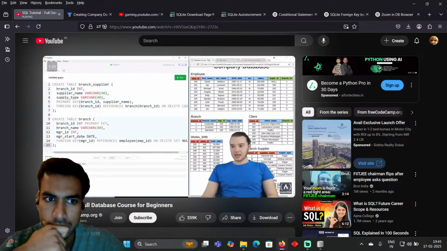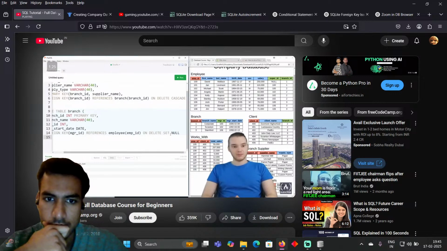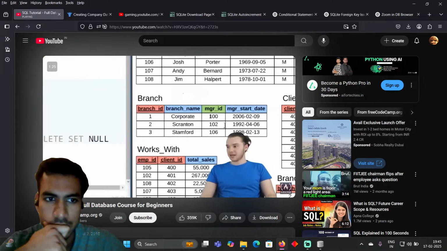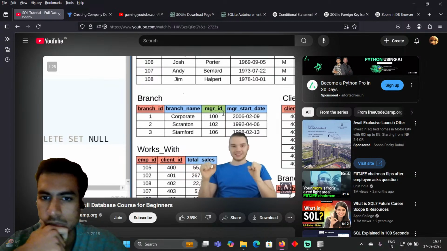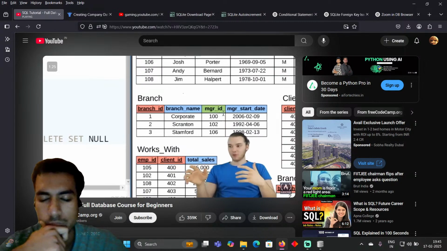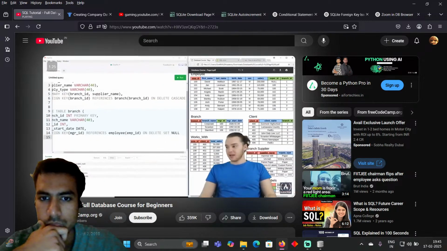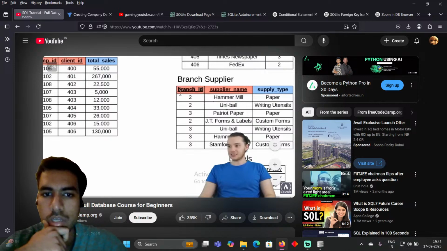So in the branch table, we used onDelete set null, and it was okay for us to use onDelete set null because the manager ID on the branch table is just a foreign key. It's not actually a primary key. And so the manager ID isn't absolutely essential for the branch table. However, if we look down here in the branch supplier table, you'll notice that the branch ID, in other words,